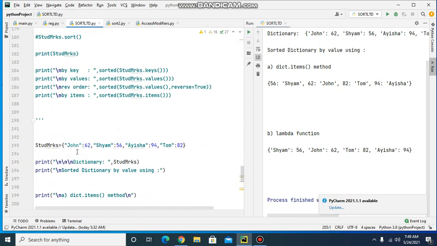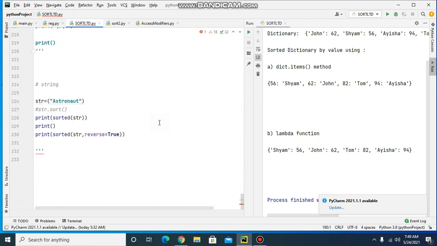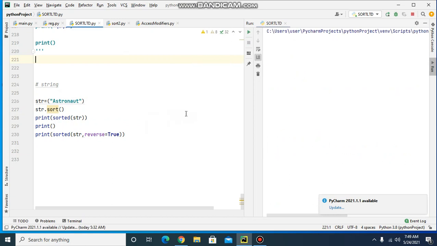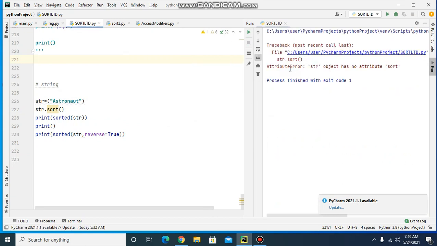Now we will see the sorting of string. Here I am having this string astronaut. First we will try to sort it using the sort method. So it has thrown this error, attribute error: string object has no attribute sort. So you cannot apply the sort method to string. So now we will sort the string using the sorted function and print it.